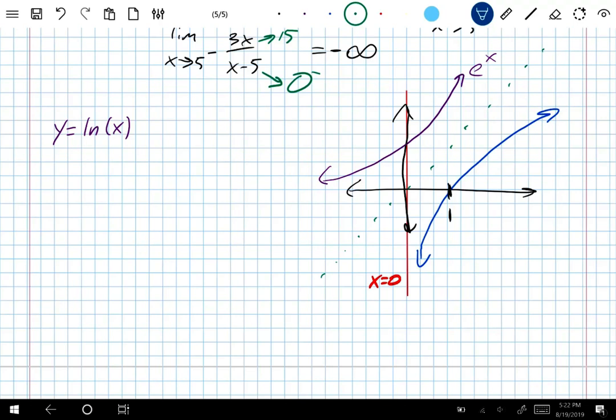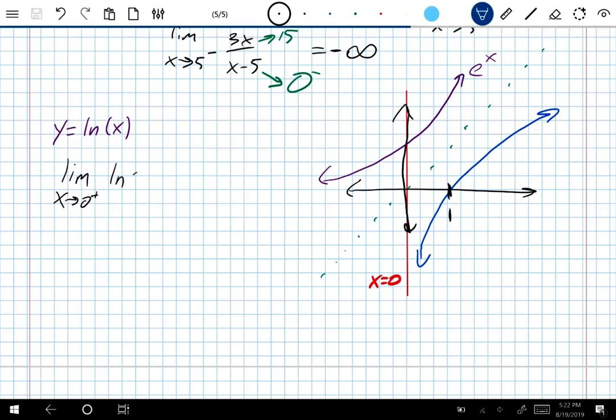Okay, so point being, natural log of x has an asymptote. And let's go ahead and write this out. That the limit as x goes to 0, I have to say from the right. I have to because natural log of x is not defined for negative numbers. So this limit wouldn't make much sense as a two-handed limit. It really only makes sense as a right-handed limit. So the limit from the right of natural log of x,